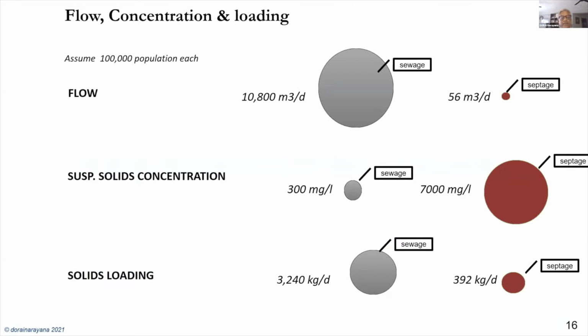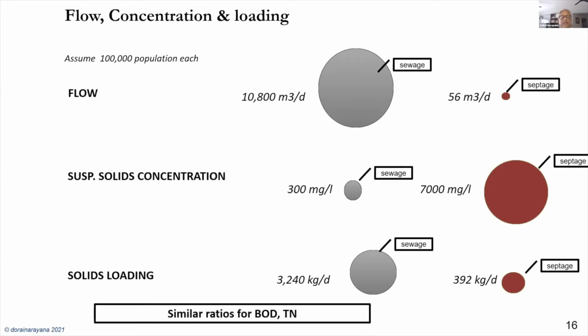And when we multiply and get the solids, you see it is significant now. It is more than 10%. Earlier, you saw that the flow increase was not even 1%. But when it comes to the solid loading, it is already much higher. And similar ratios will be seen for the BOD loading or the nitrogen loading as well, right? So similarly, you'll find that the loading part of it can become significant.